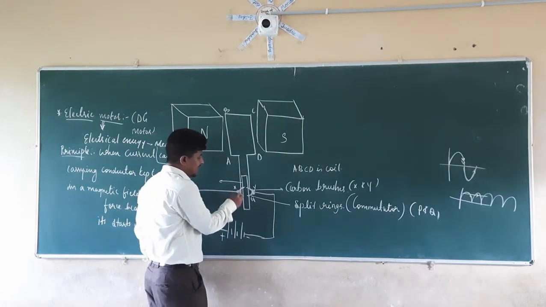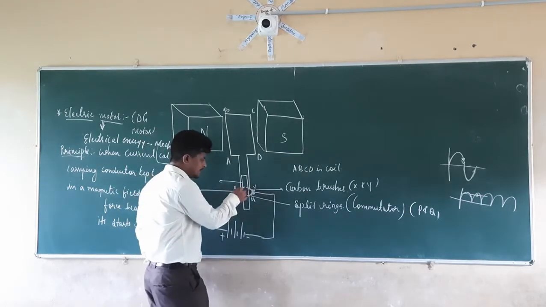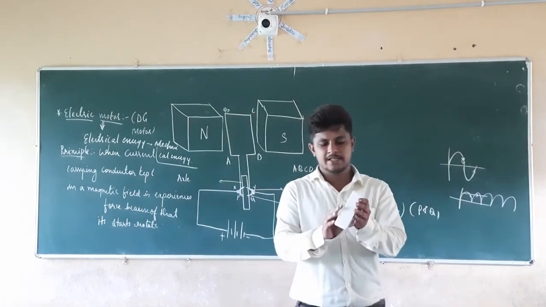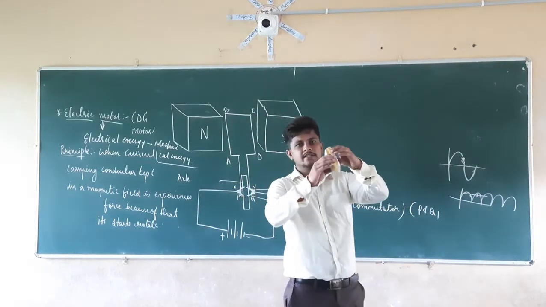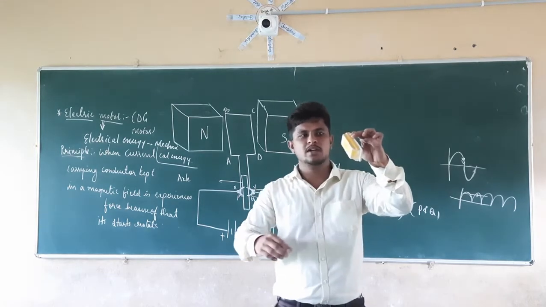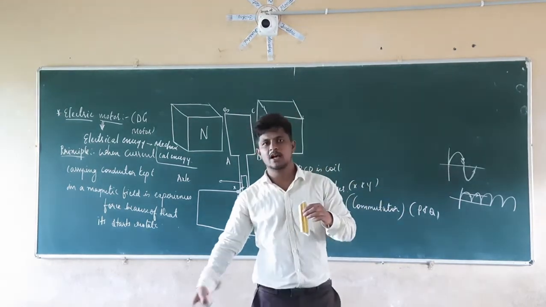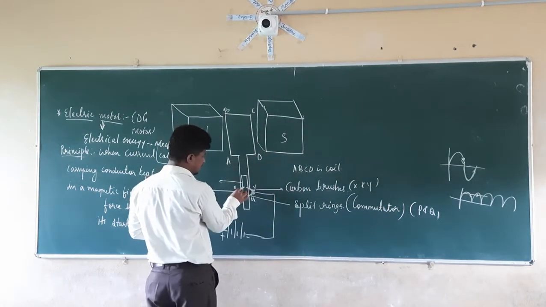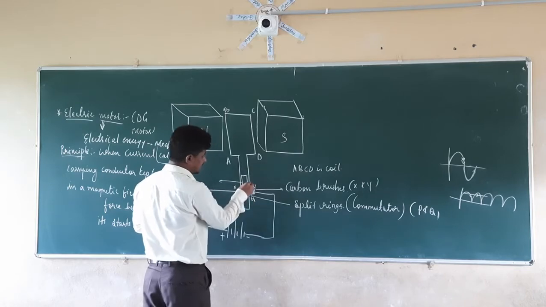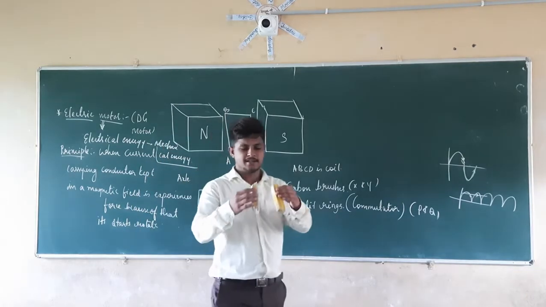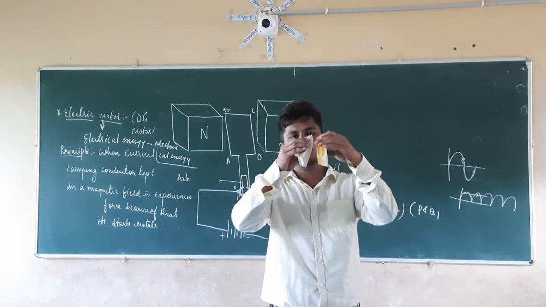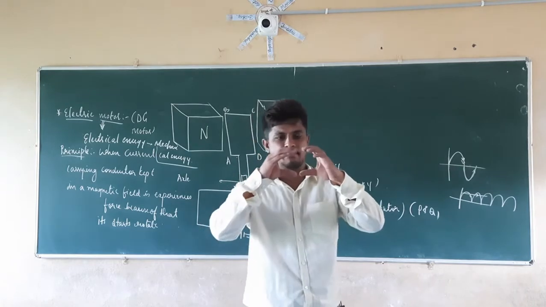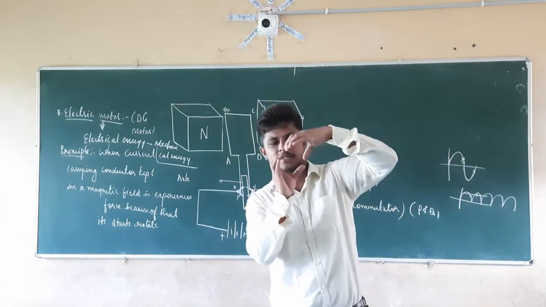Next, these are in contact with the split rings. These are the two split rings. How are the split rings connected here? If this is the coil, one split ring is connected to one end of the coil, and the other split ring is connected to the other end. If it is a rectangular coil, these two wires are connected to the two split rings. So they are continuously going to rotate like this, and they have some gap like this. So when they rotate like this, what is going to happen?